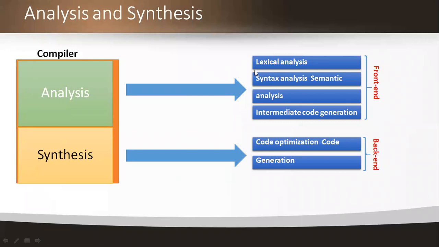Make a note of what the parts of the compilers are. We have two parts of compilers. One is analysis and another one is synthesis. And the analysis part is carried out with three subphases: one is lexical, another one is syntax, and another one is semantic. Now coming to the synthesis phase, this is known as the backend of the compiler.